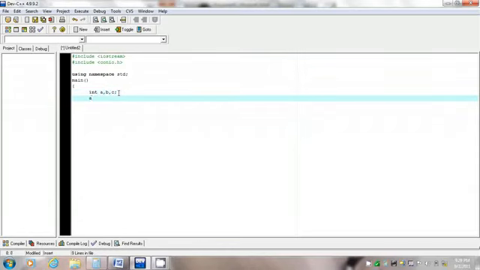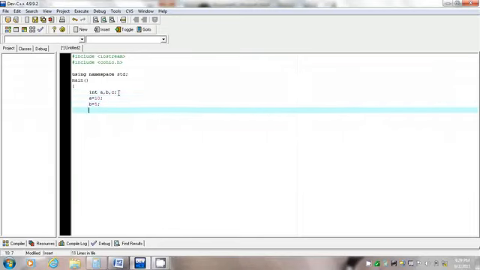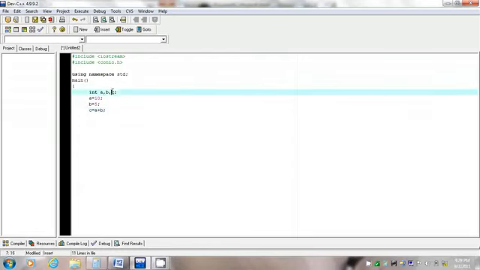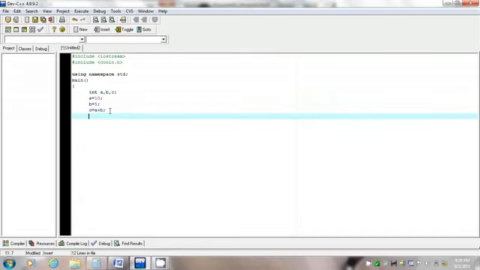Now I will be adding two numbers. First number I'll store in a, suppose a is equal to 10, and after that semicolon. b is equal to 5, semicolon, and c is equal to a plus b. Here I have used the third variable c to store the sum of a plus b. We know a is 10 and b is 5, so a plus b is 15, so c is equal to 15. I will print using cout